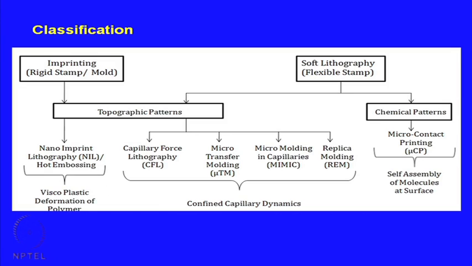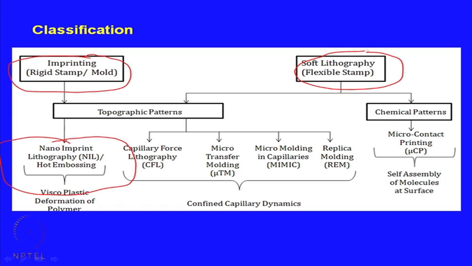That brings us to microcontact printing eventually. So, let us have a quick look at the classification again. What are the things we have discussed? So, we have already discussed the NIL group of methods, the imprinting group of techniques with rigid stamp or mold. And then we have significantly discussed the soft lithography group of methods which use a flexible stamp. So far we have been rather confined to this part of the